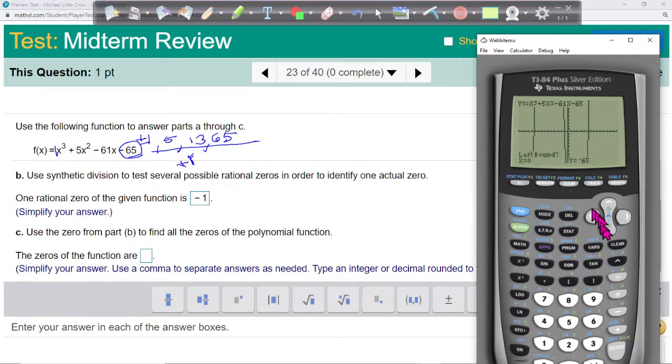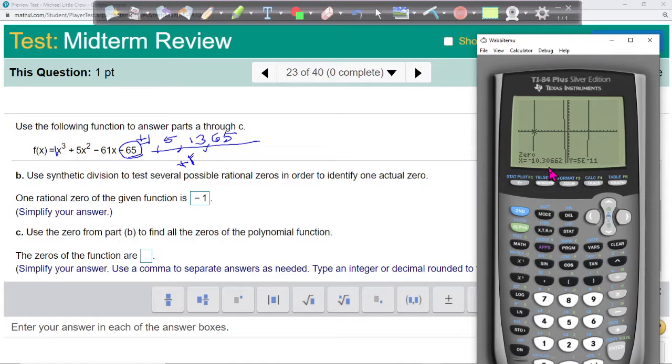Notice we're at x equals 0, so I'm going to walk past it, but here we go. I jump from there to there, and now I'm at a left bound, right? So I'm down to the left, I hit enter, and then I'm going to walk it to the right. There, we're to the right now, and hit enter, and enter one more time, and I get a 0 at negative